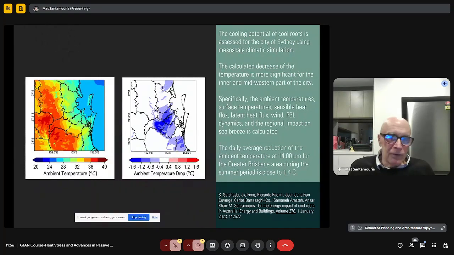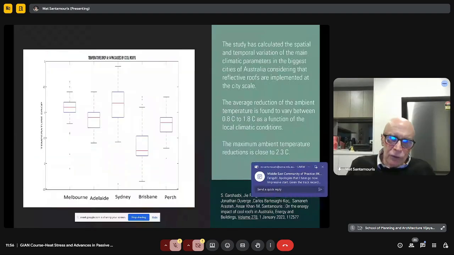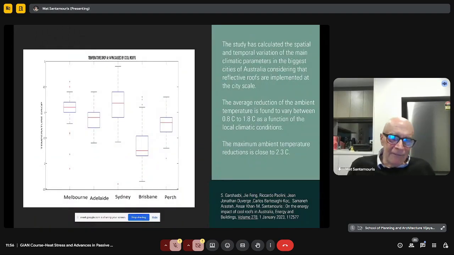You may tell me that 1.5 is not so high. I can tell you that it is very high, because 1.5 degrees may correspond to a cooling demand of 25%. So 1.5 degrees is really very high and contributes a lot. But we don't have exactly the same performance everywhere. For example, in a warm climate like Brisbane, the average decrease of the temperature may be much higher than 1.5 degrees, maybe 1.7, 1.8, and in some cases up to 2.5 degrees in some areas.